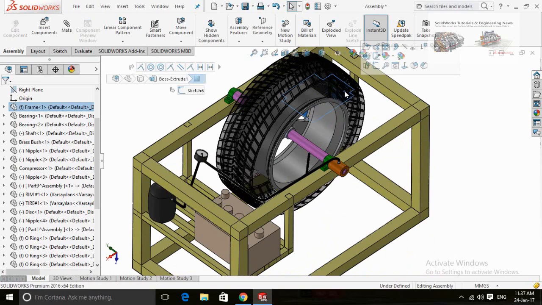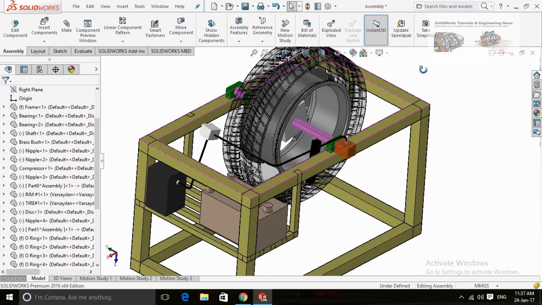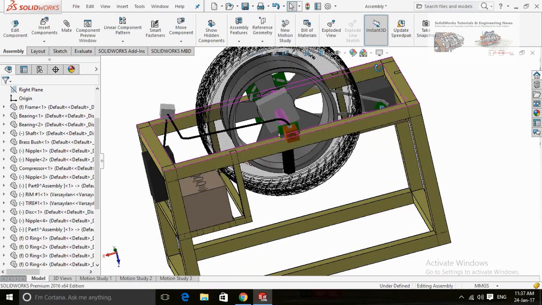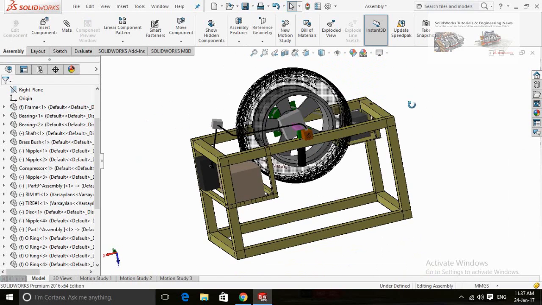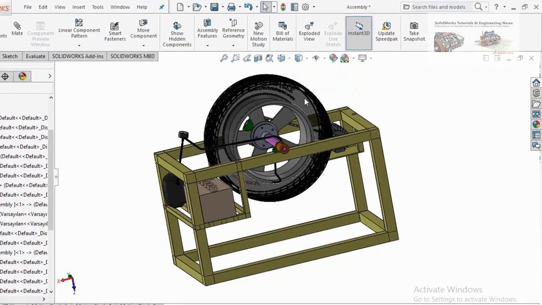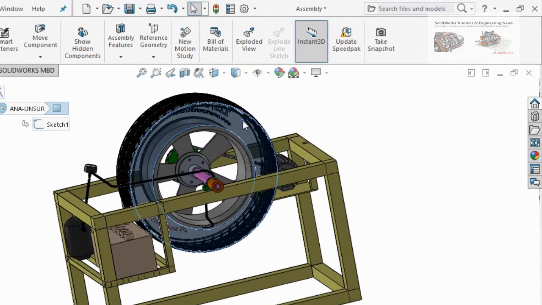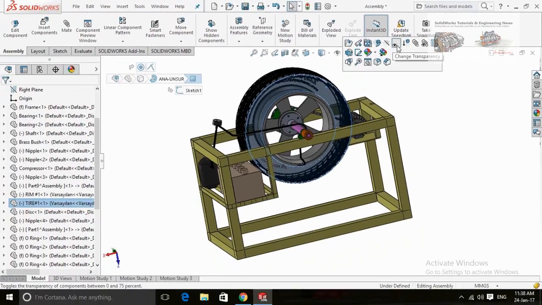Now if you want to change the transparency of this part to normal, click on it and change the transparency, but be sure that nothing is behind the part. For that, change the view orientation to make it possible. Now you can see I have clicked on the part where the background is cleared.